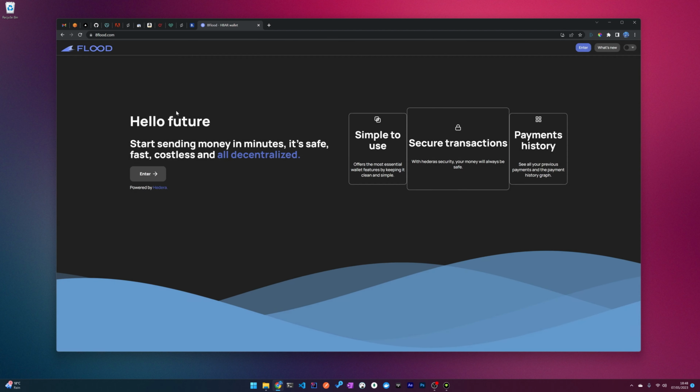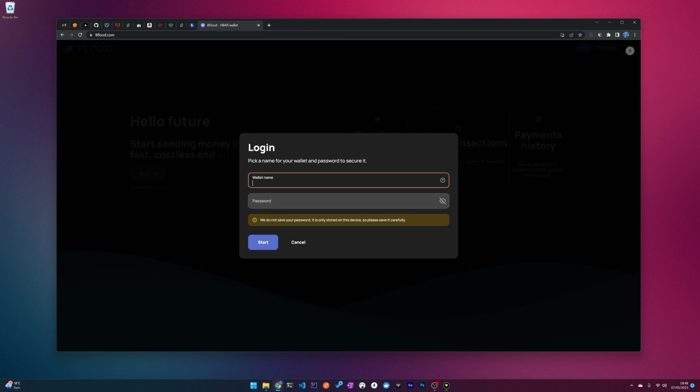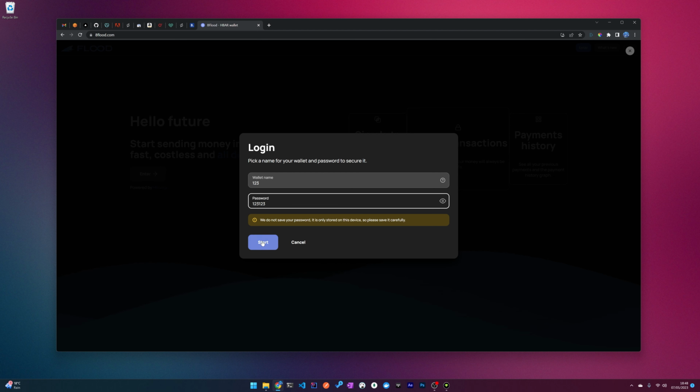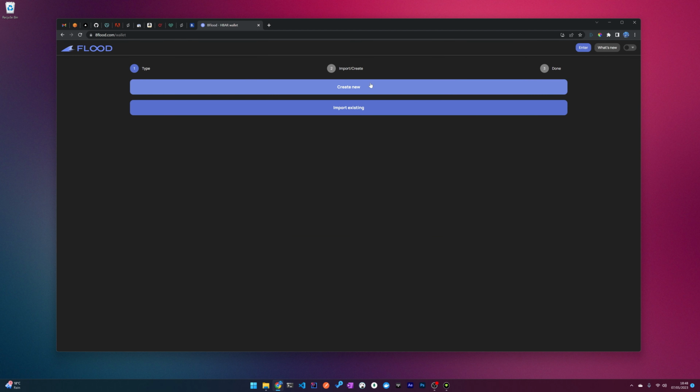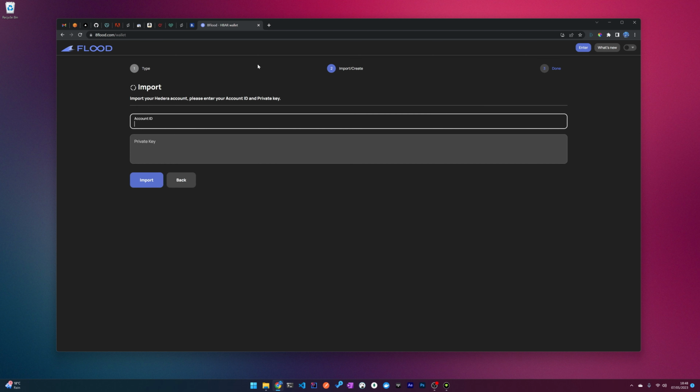Let me just reset. And he then needs to pick his wallet name and a password. Like so. And then he gets two options here, either creating a new account or importing an existing one. If importing an existing one, he then needs to enter the Hedera account ID and then the private key and click import. This will then save the account or the wallet to the local storage and encrypt it using the